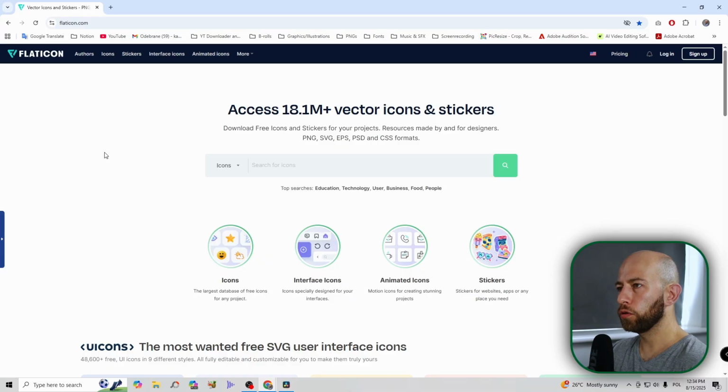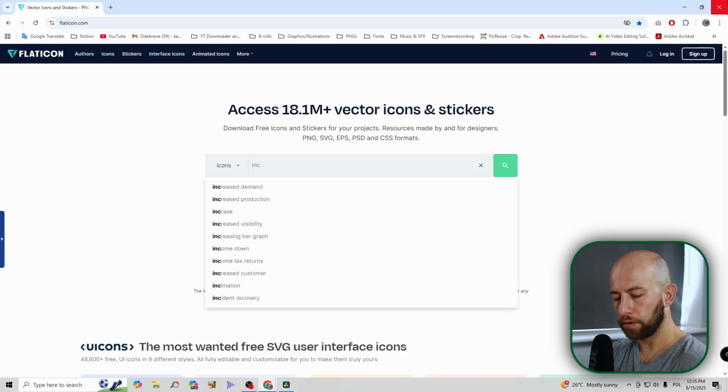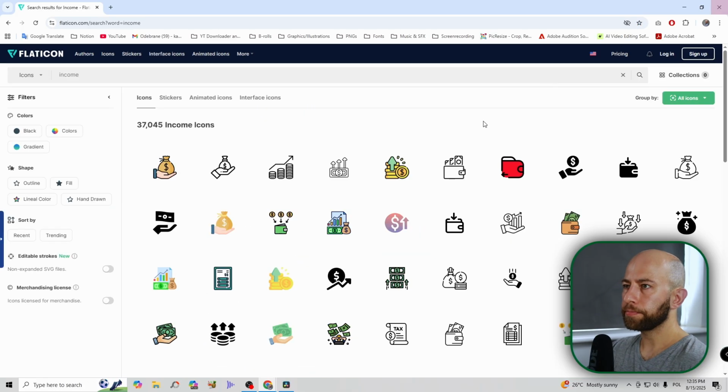Okay guys, so to download free icons I use this website, flaticon.com. I'm in the finance niche, so I always look for icons based on finance. In this case, let's say I'm gonna type in income. I'm gonna grab this icon. I'm not gonna download it, but I've got it already, but I'm gonna show you how to do some graphic